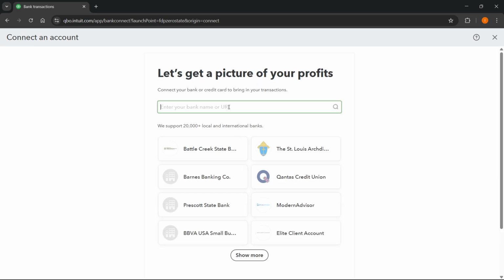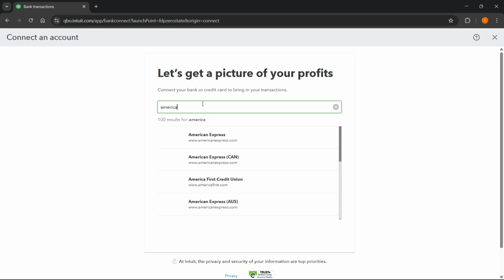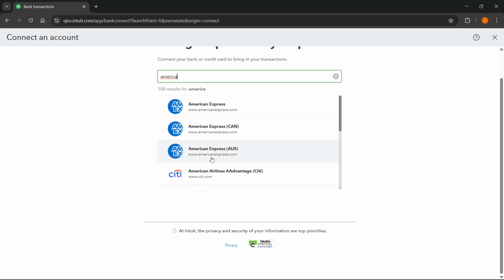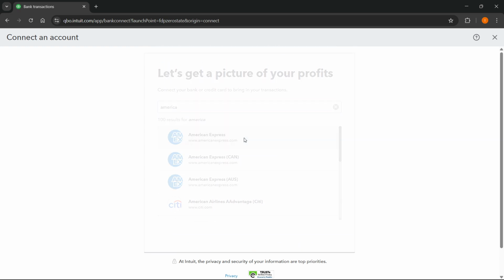And then over here is going to take you to this website where it says, let's get a picture of your profits, and then you will have to enter in your bank name or the URL. Okay, so let's say I'm going to just type in America, so to look for American Express, for example, or Bank of America, or whatever you want to do. So of course, just select your bank, and then once you've done that, you can just click on that specific